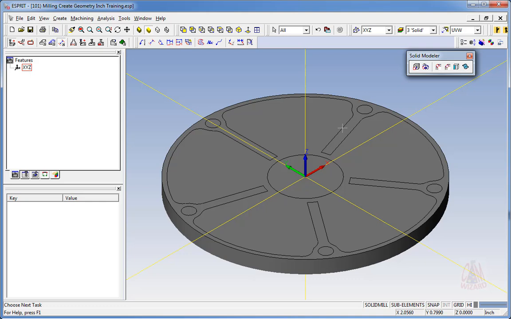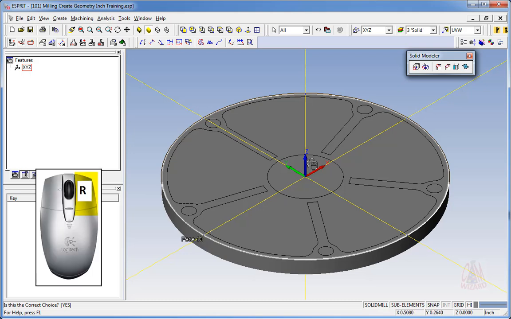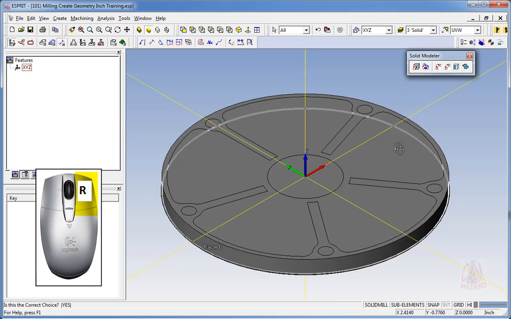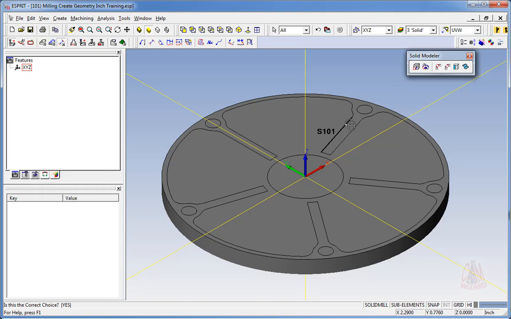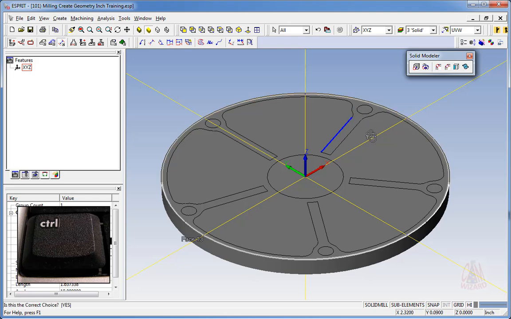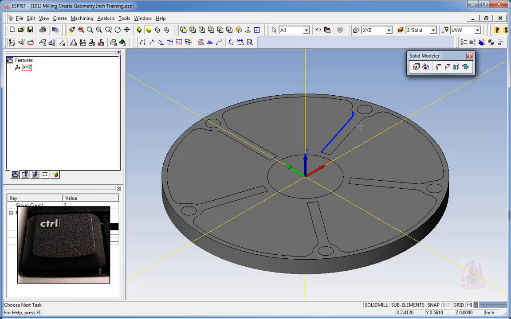Now we could group them one at a time. I could click right here. In fact, when I picked the first time, it says it's a face. So I do a right click to say no. It grabs the solid. I do a right click to say no. It grabs the face on the bottom. Right click to say no again. It grabs that piece of geometry. I could then say yes. I could hold my control key down and pick the next element. Now this is going to take a while, right? Right clicking through all these elements, until I get the right element. Do a left click while I'm still holding my control key down. That's kind of tedious. That's not the way to go.